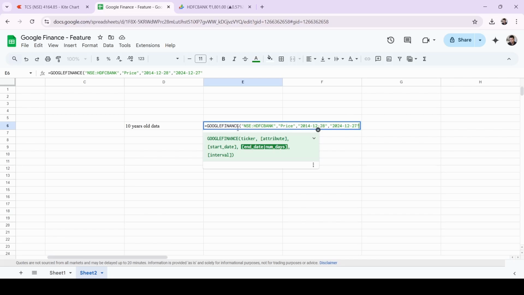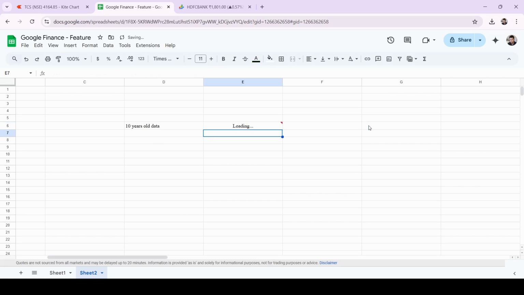So, the formula I had given here, let me explain it once. Equal to GOOGLEFINANCE. The first one is the stock symbol. The second one is the attribute, which is the price I'm going to find out. Then the start date. Since I need 10 years of data, I had given it as 2014 to 2024. If I click on enter,